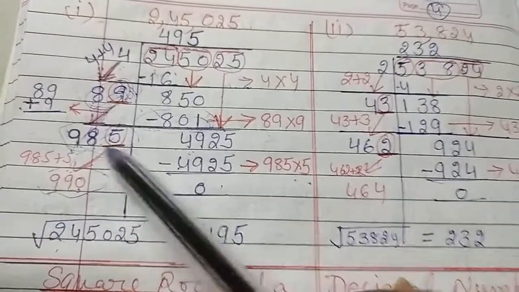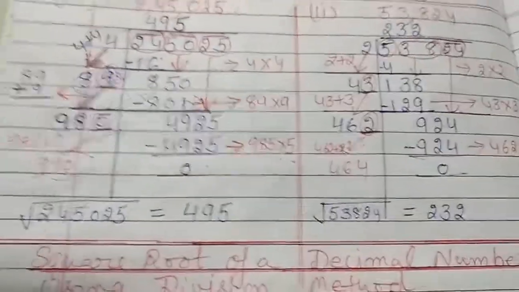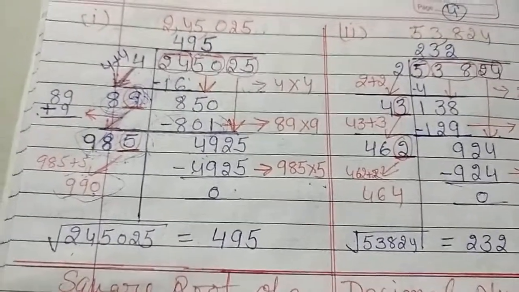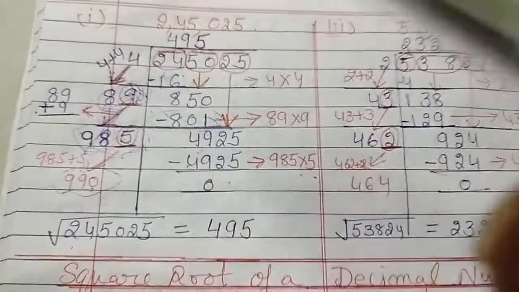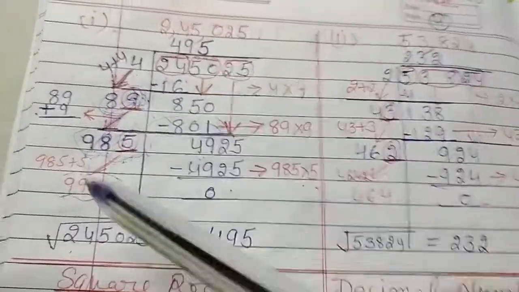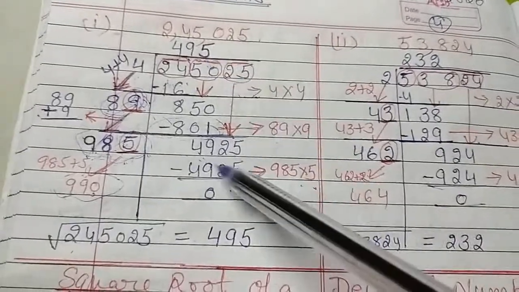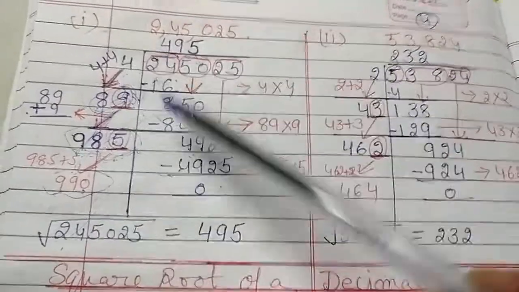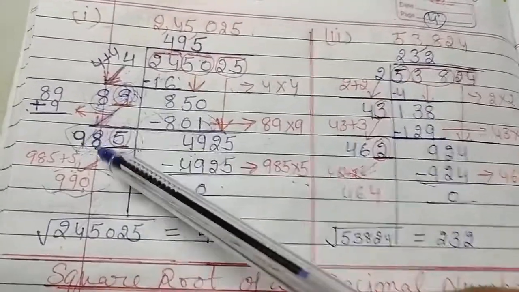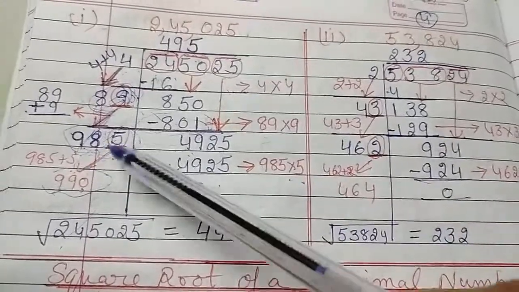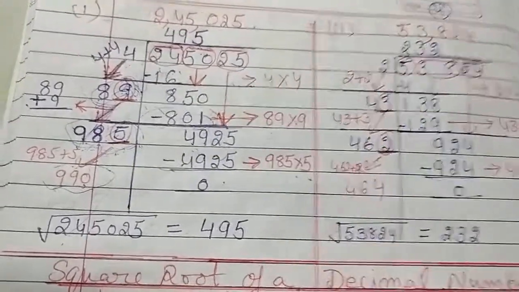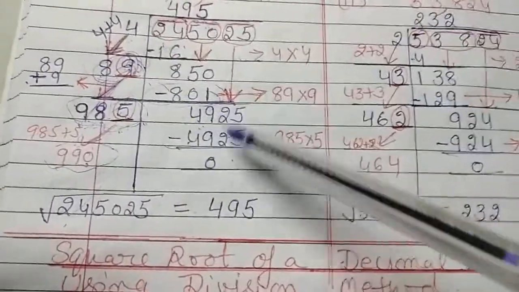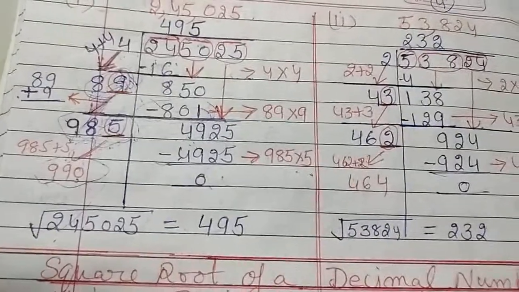Here again, when we think about the next number, we check with the first 3 4. Here we have to go with the hit and trial method. Suppose you take 1 here, then you try to multiply 981 with 1. If the number is less, then you move to the next number. Then you try for 6, 986 multiplied by 6. The last digit multiplication should be checked. Then if your number is greater than 4925, you move back to the number with 5.